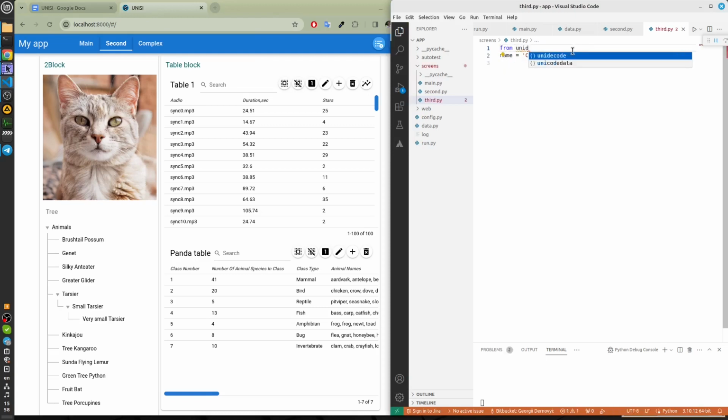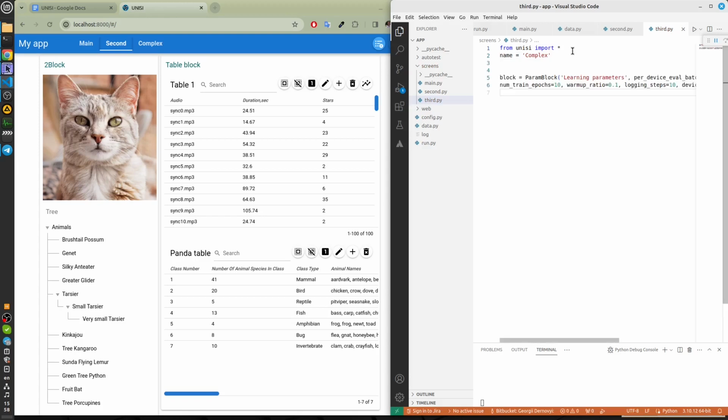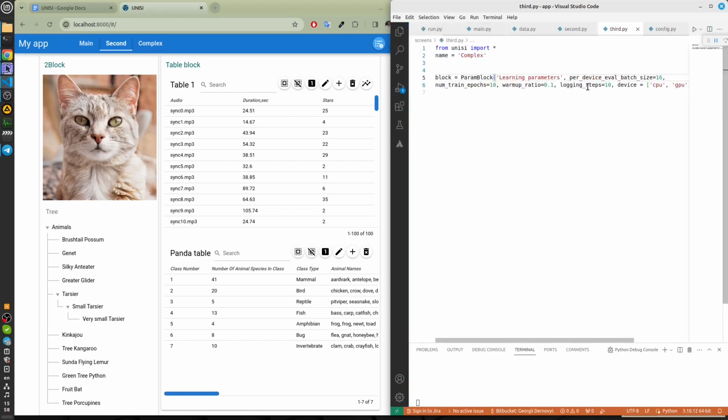Import Unici. And make a block. Format it a little, to see variables. So we see them.